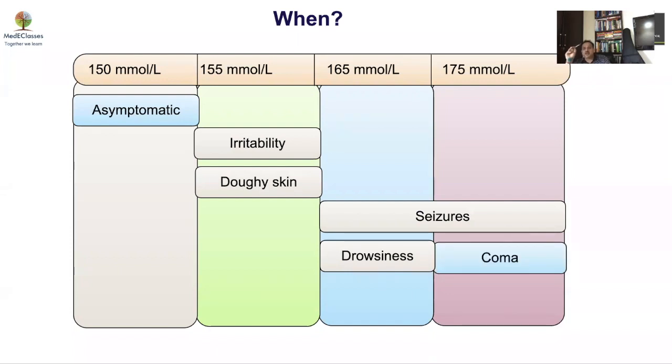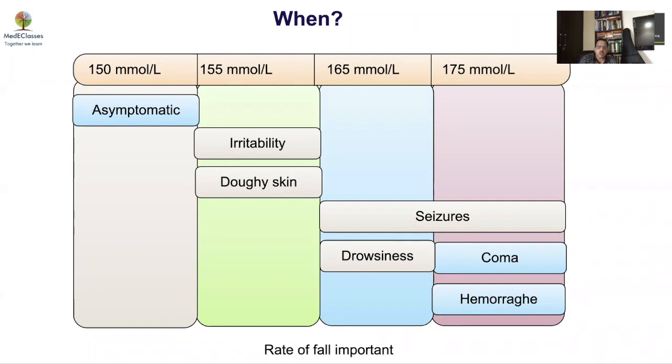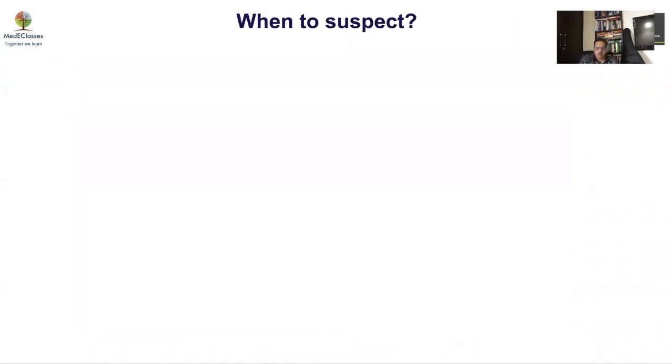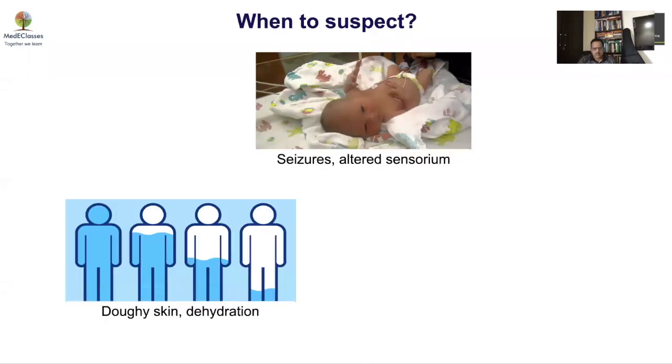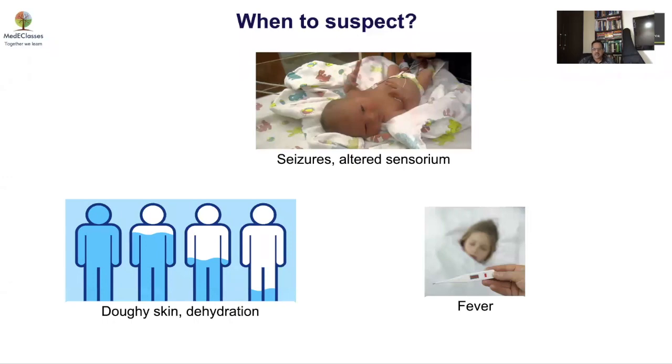The most severe form of hypernatremia that I have usually encountered is in the setting of breast milk hypernatremia, which goes up to about 180 and above, which is life-threatening. And then you will have hemorrhage, which will happen. Now, again, rate of rise is important. So when do you suspect hypernatremia? If there are seizures, any neurological abnormality, any doughy skin with dehydration, any high-grade fever, or persistent or chronic